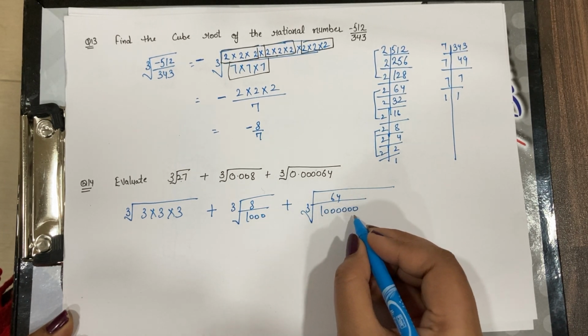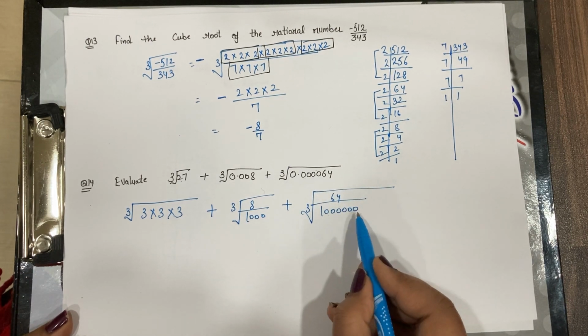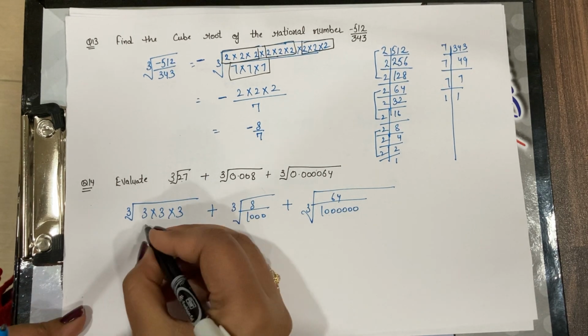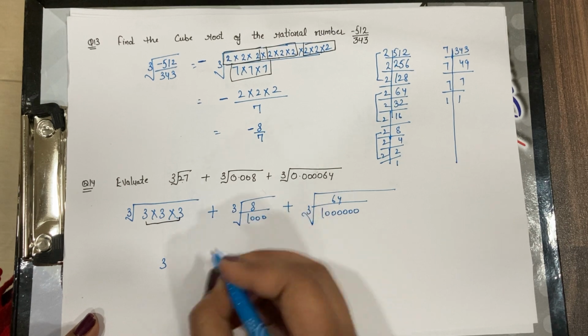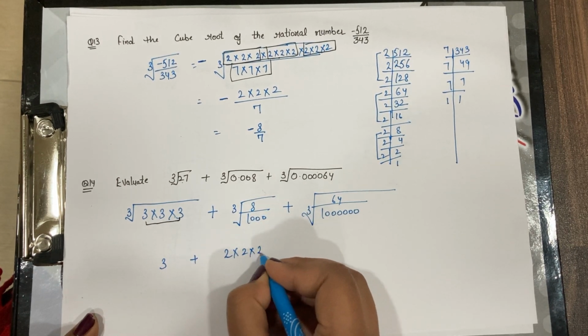Six zeros I have put because there are 6 decimal places. So out of these, it's very clear that 3 will come out. And the cube root of 8 is 2. We can write it in this way